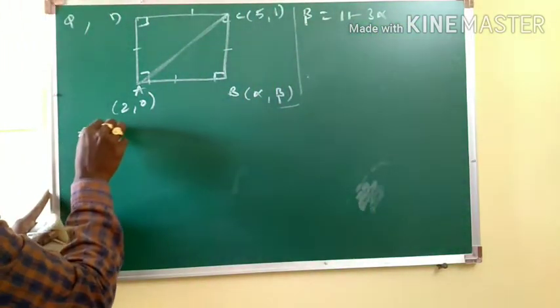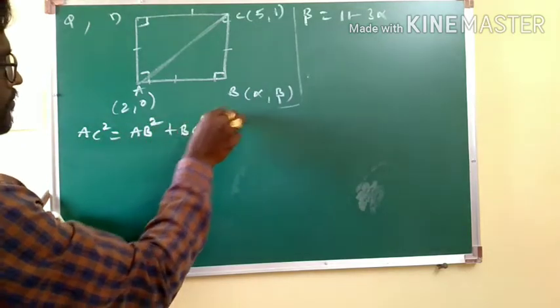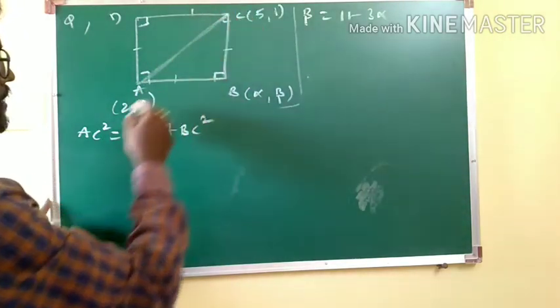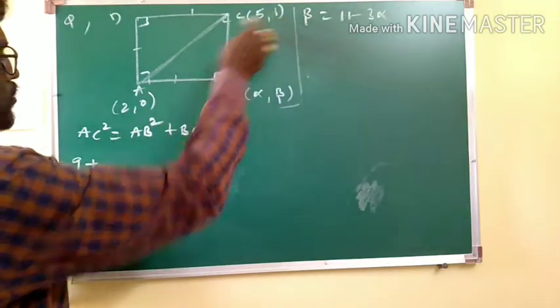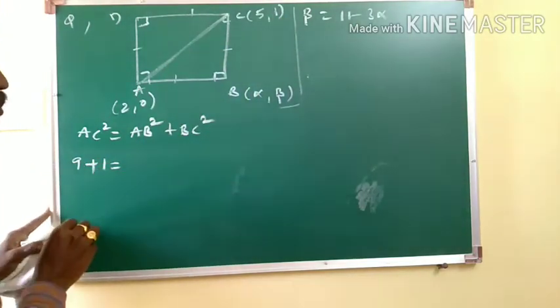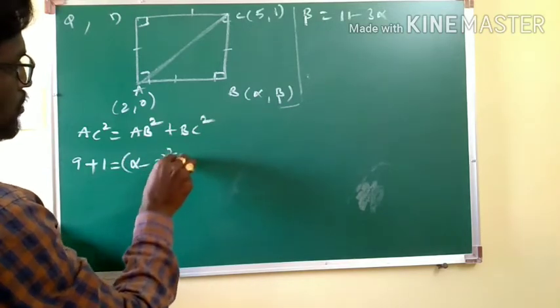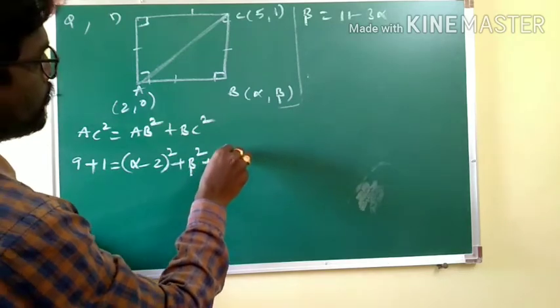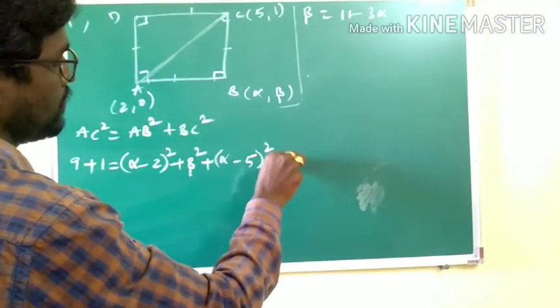AC square is equal to AB square plus BC square. AC square, what is AC square? Distance between A and C, that is 5 minus 2 whole square, 3 square, that is 9, plus 1 minus 0 whole square, which is equal to 1. AB square, alpha minus 2 whole square plus beta square, plus BC square, alpha minus 5 whole square plus beta